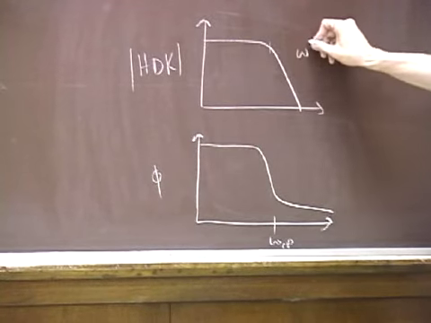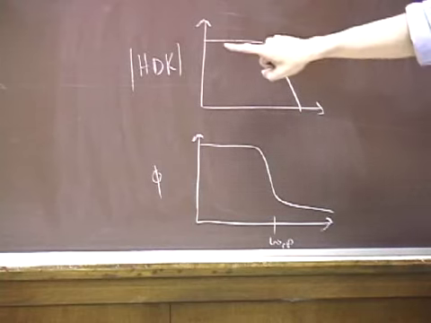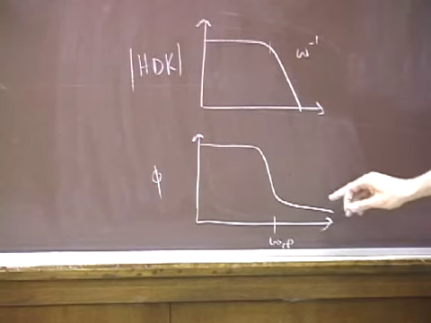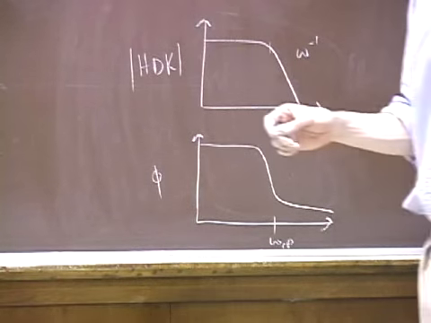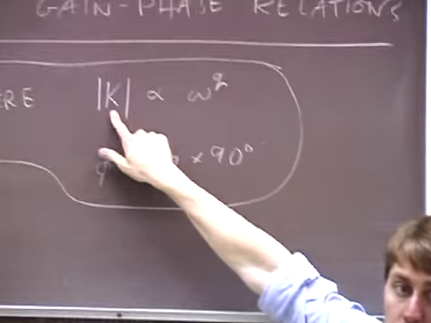Above this, the open loop transfer function, that is just the product of each one of these things, falls off as omega to the -1. But the phase that it goes down to, let's see, do I still have Bode's gain-phase relations? I do. The phase that it goes down to, wherever the magnitude of